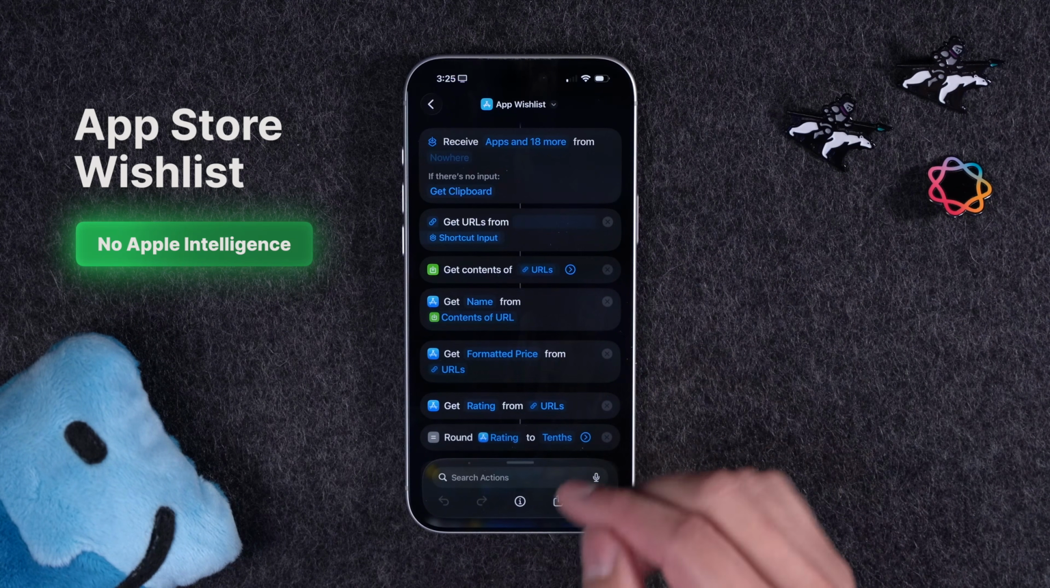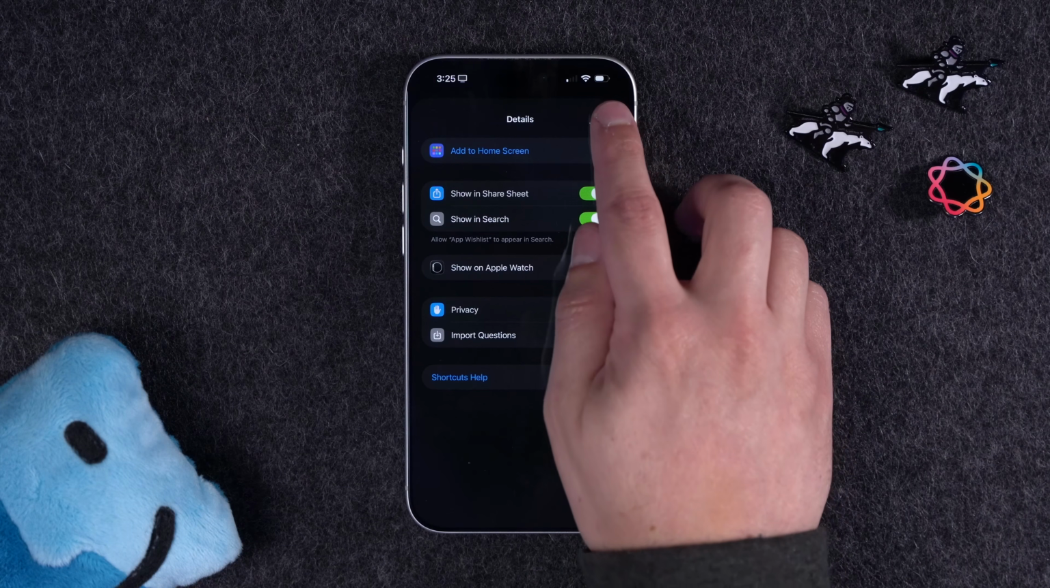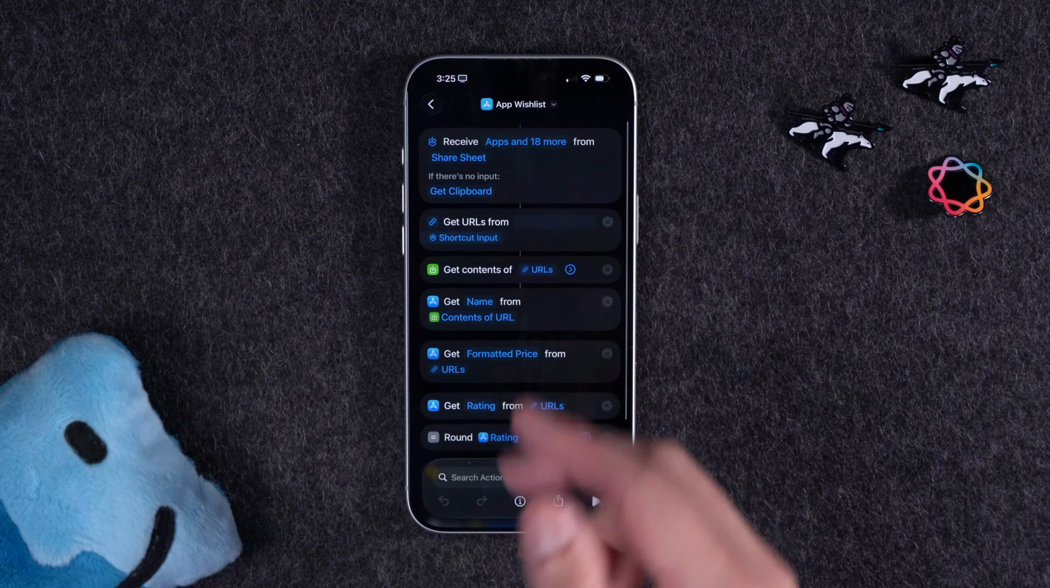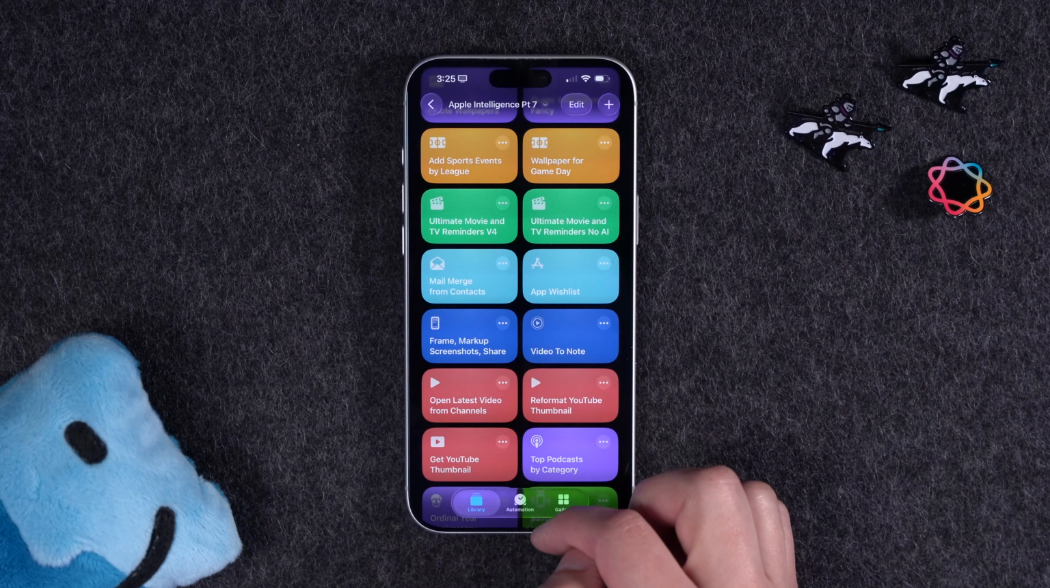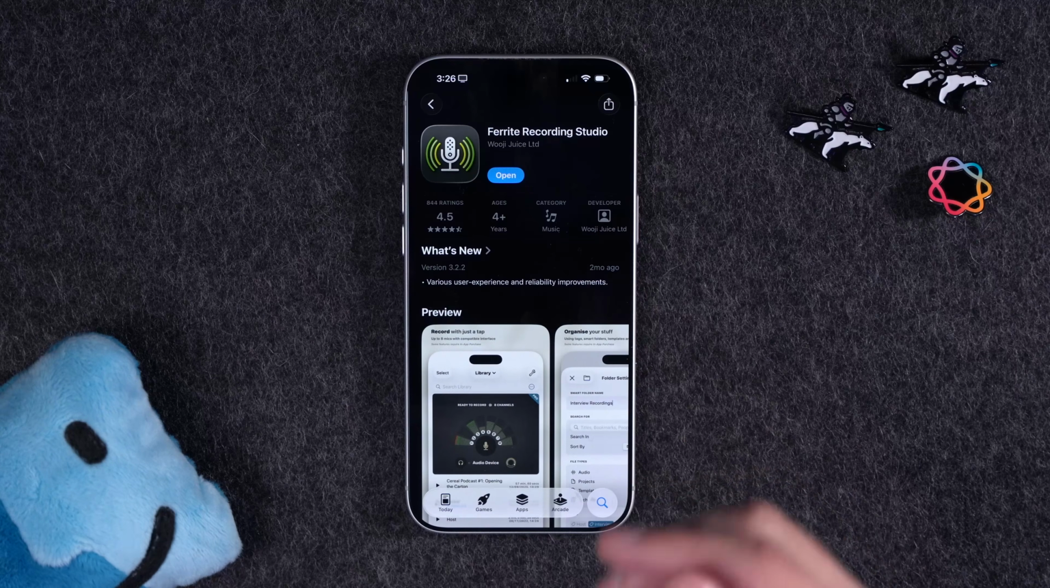A lot of times they see an app, they want to save it for later and remember to download it. Well, you can show this in the share sheet or just copy an app URL to your clipboard and then run the app wish list shortcut. Let's go to one of my favorite apps and what I use to edit my podcast every day,